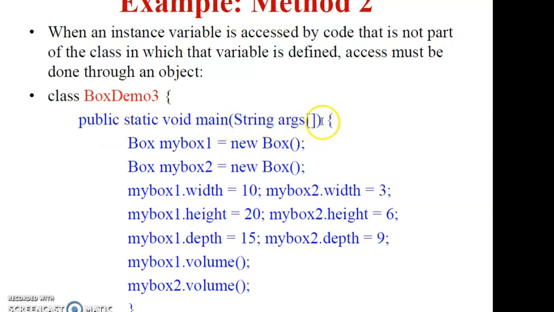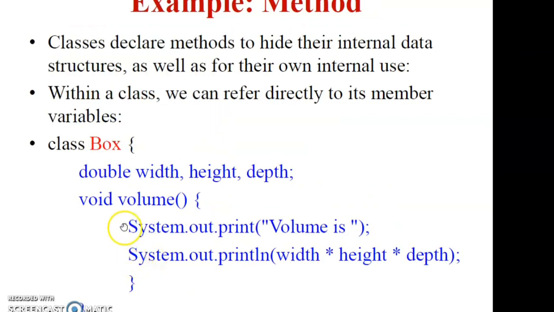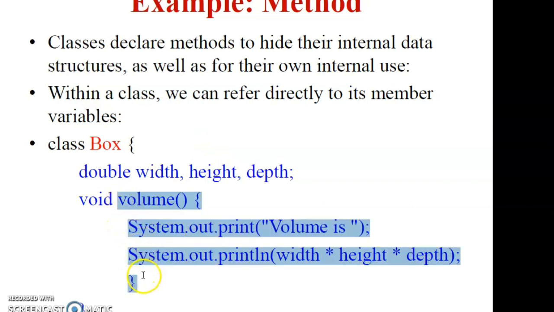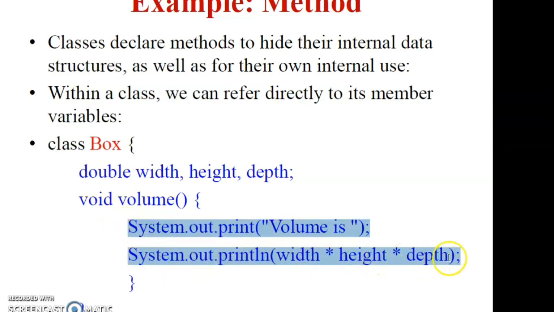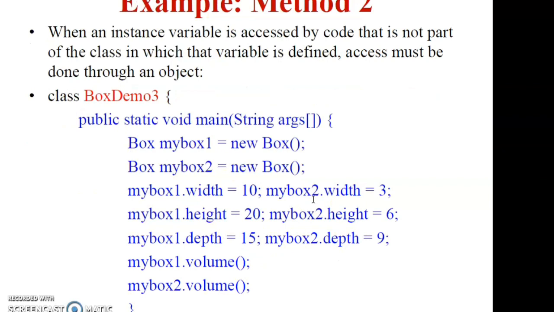Why? Because it has some specific tasks to be performed, which are internally defined at the time of creation of the program. So there are two types of methods: user-defined functions and built-in functions. This is a built-in function. This is a user-defined function. We are defining the function with our own code. The logic within the function body is defined by ourselves. That is why this is called a user-defined function. Main is a built-in function. Its meaning and execution have already been defined. We don't have anything to do.